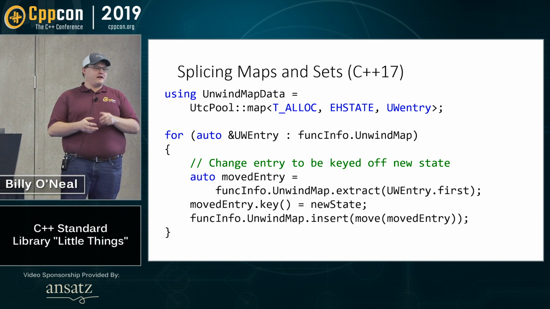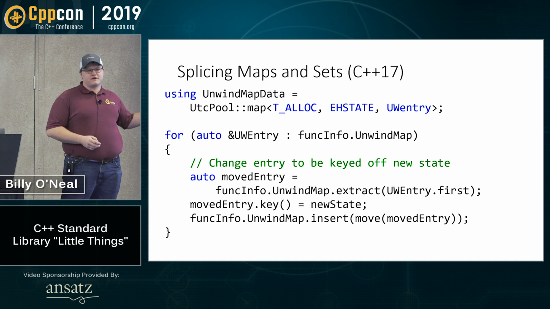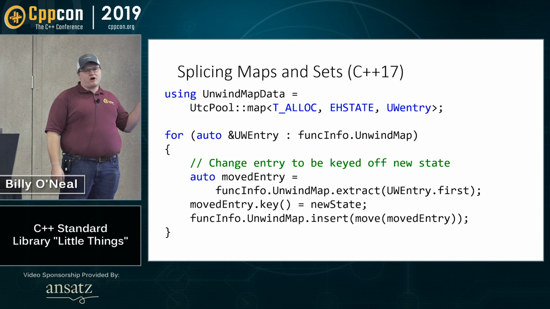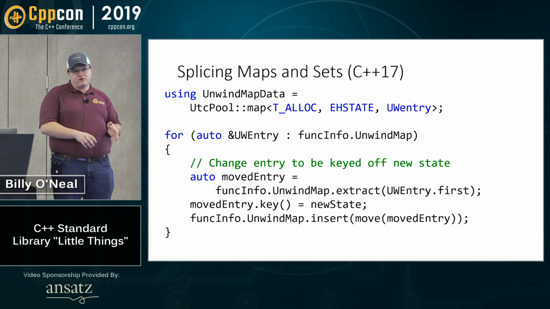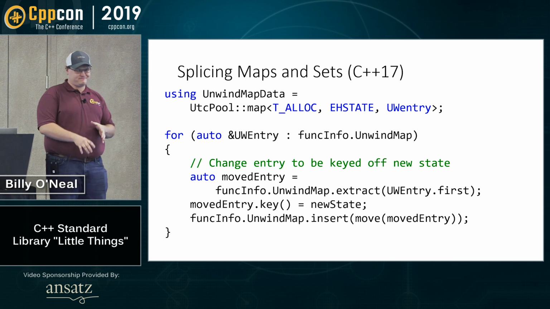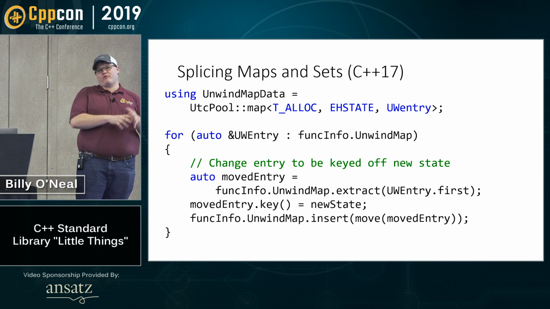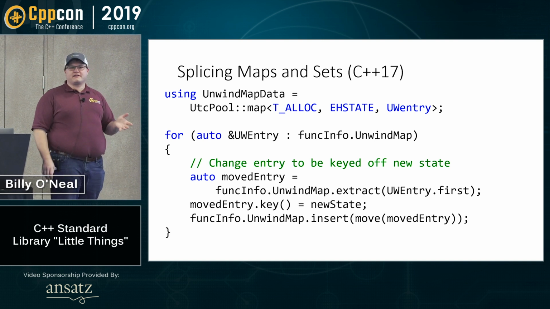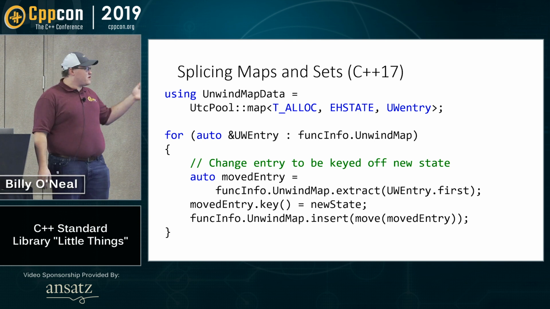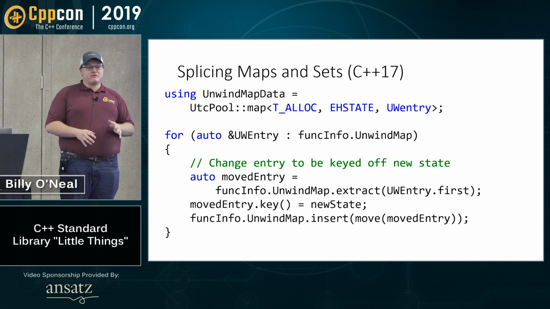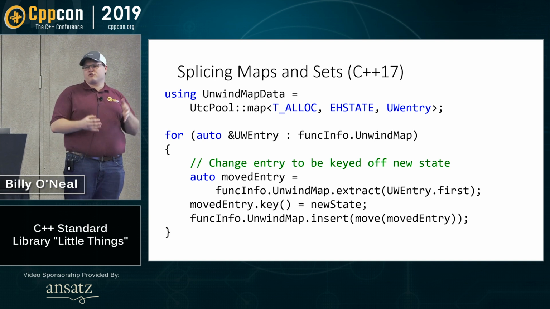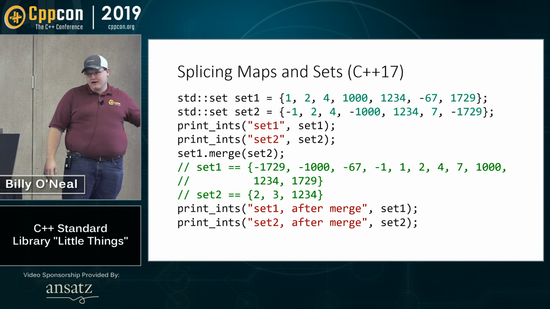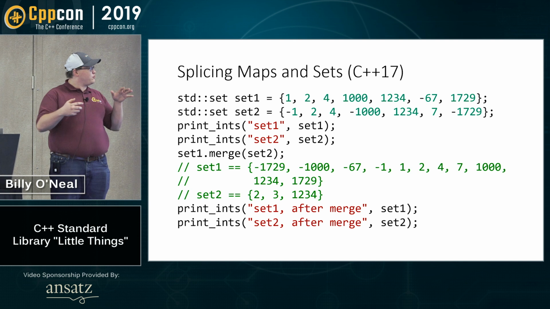what you can do now is you can extract the element out of the container, and this gives you that node handle type. So in this example, the auto moved_entry is that container::node_type. And so this thing is sort of logically a pointer to the extracted memory chunk. And because it's extracted out of the container, it doesn't need to meet the container's invariants anymore. So you can write over the key. And in particular, you can write over the key without changing any of the pointers elsewhere in the program that refer to this. Like the reason the compiler was doing this const_cast before is because they had all kinds of pointers to